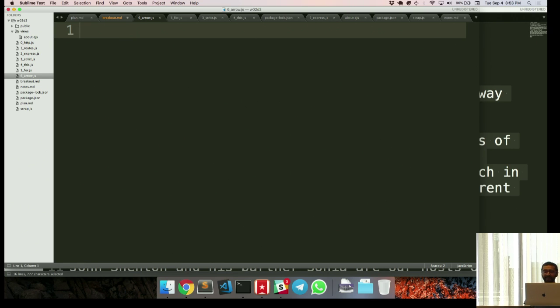First of all, arrow functions are always anonymous functions, as we saw earlier today, where I was always using them as callback functions.